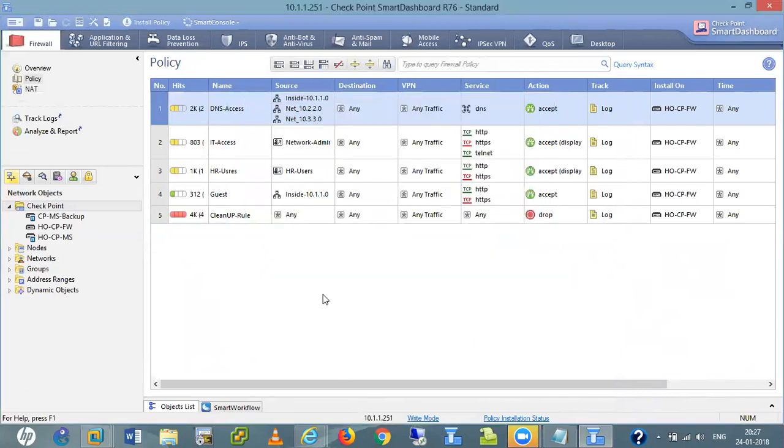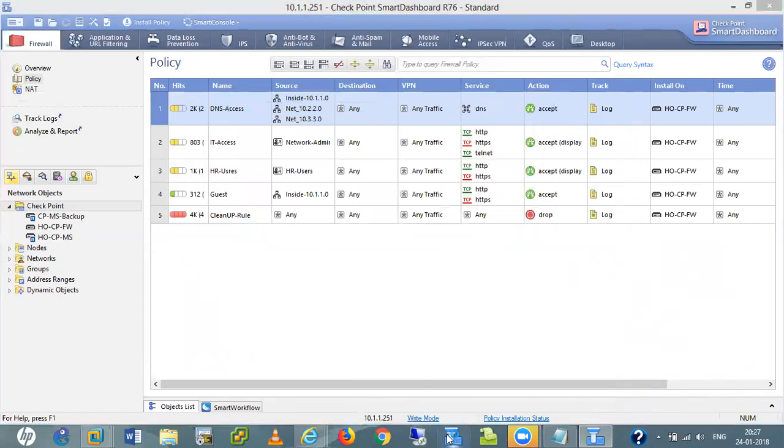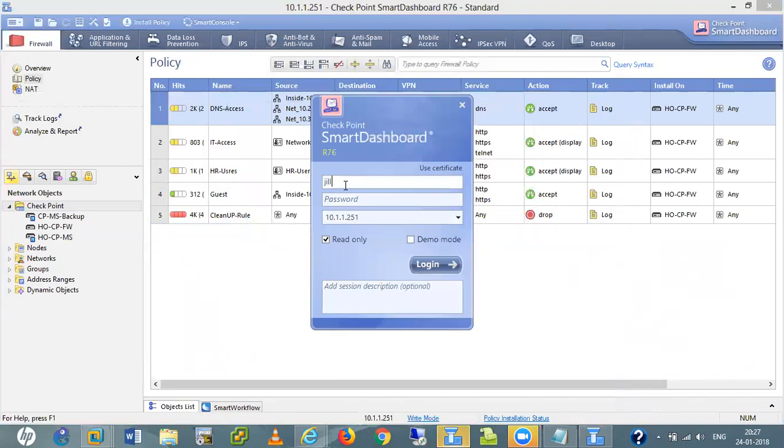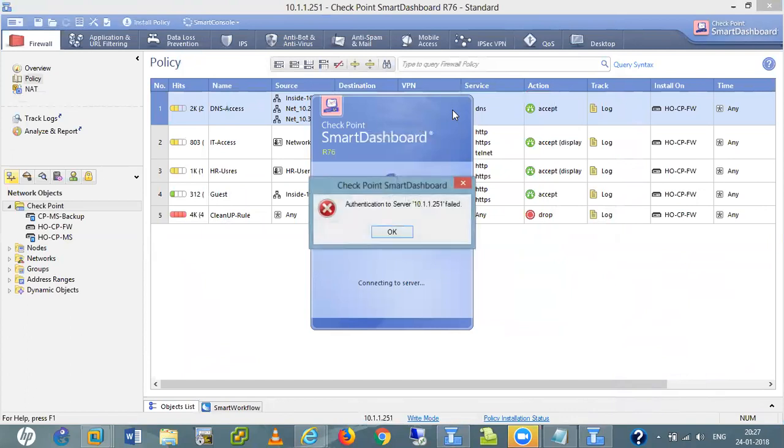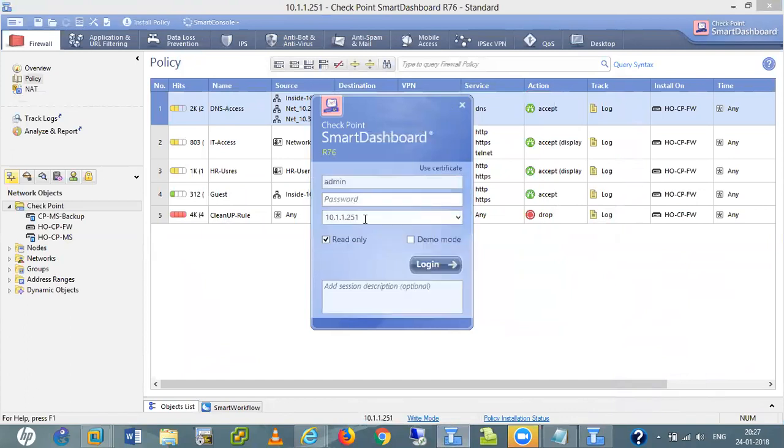So let me make it this one. Now you need to log on to the backup server. I'm going to log in to my backup. Username is admin, server IP 240.